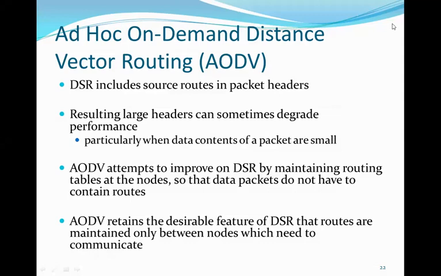Before this lecture, we had a discussion about DSR, that was Dynamic Source Routing Protocol, and as you know, there the complete route was defined by the sender node and is added inside the header of a packet. So therefore, for a large network, there will be a large header, and sometimes these large headers can degrade the overall performance of a network. It can create some extra delay as well as bring too much traffic on the network,